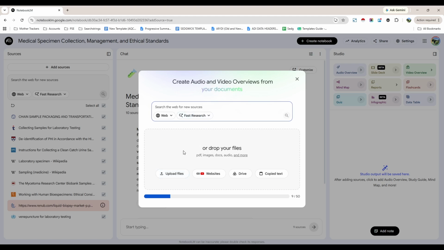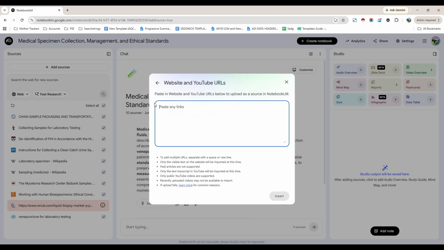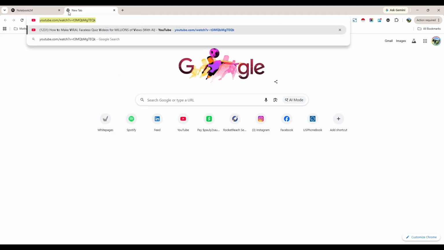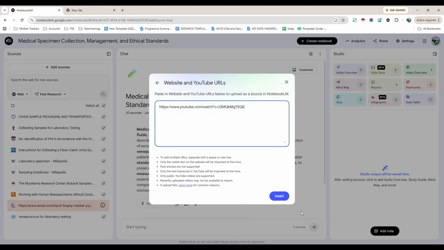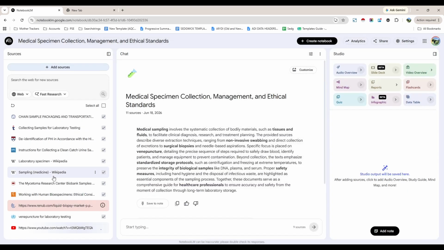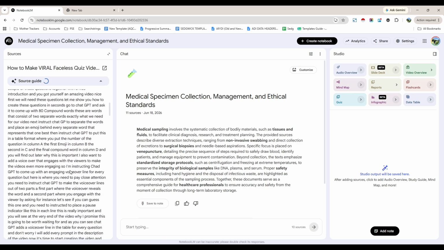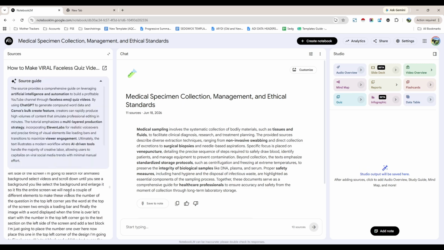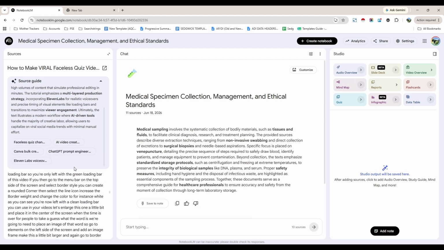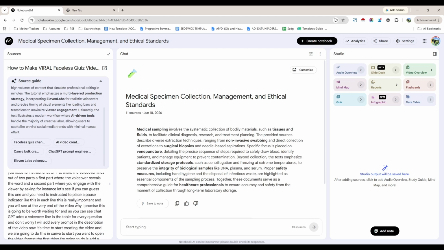NotebookLM will automatically read the book and generate an instant high-level summary along with a list of key topics. To take it a step further, look at the Studio, Reports, or Notebook Guide section. Click on Briefing Document or Study Guide. The AI will instantly synthesize the book entirely into a structured overview, complete with central themes, major plot points, or